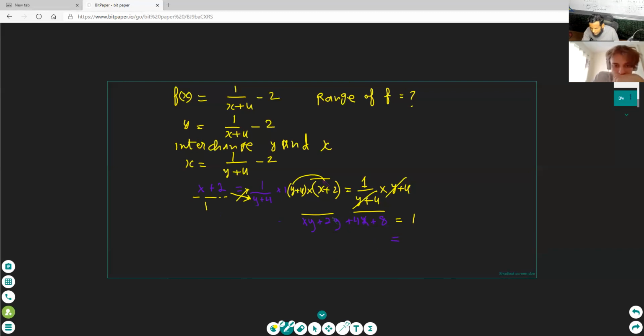You should move the terms that have no x, okay? Which terms have no x, no y? We need to find the value of y, okay? You should put these terms on this side and move all terms to the other side, okay? Our target is to find y.